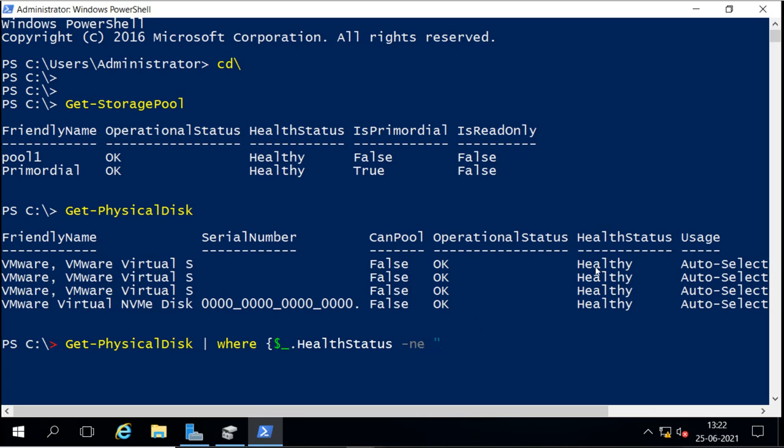So if it is not healthy, then it will show me. It is showing no disk here because all the disks are healthy. Not equal to means these are all healthy, so it is not showing any disk. But if you run this command, it will show you all those disks which are not working properly and are not healthy.